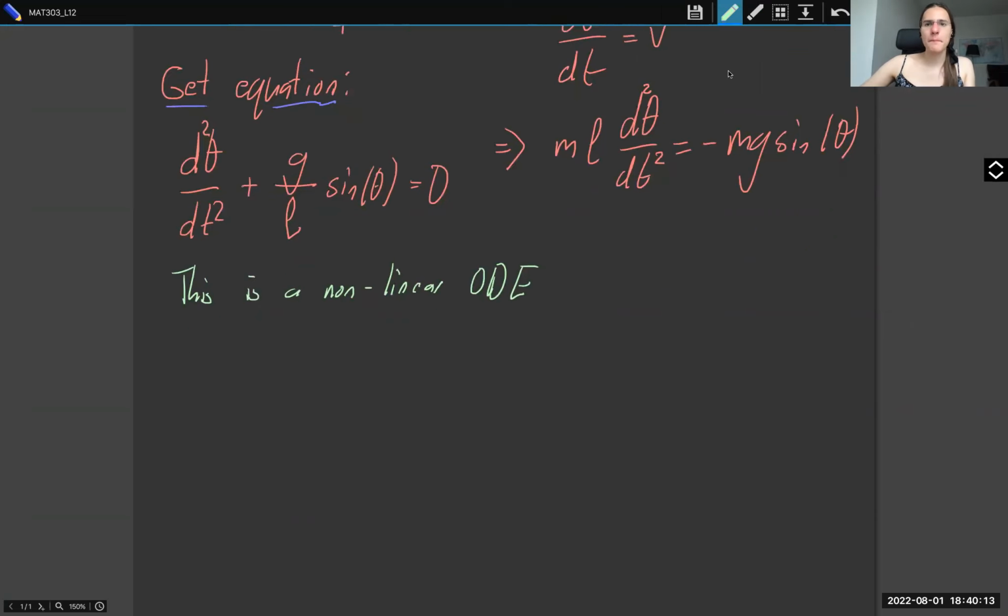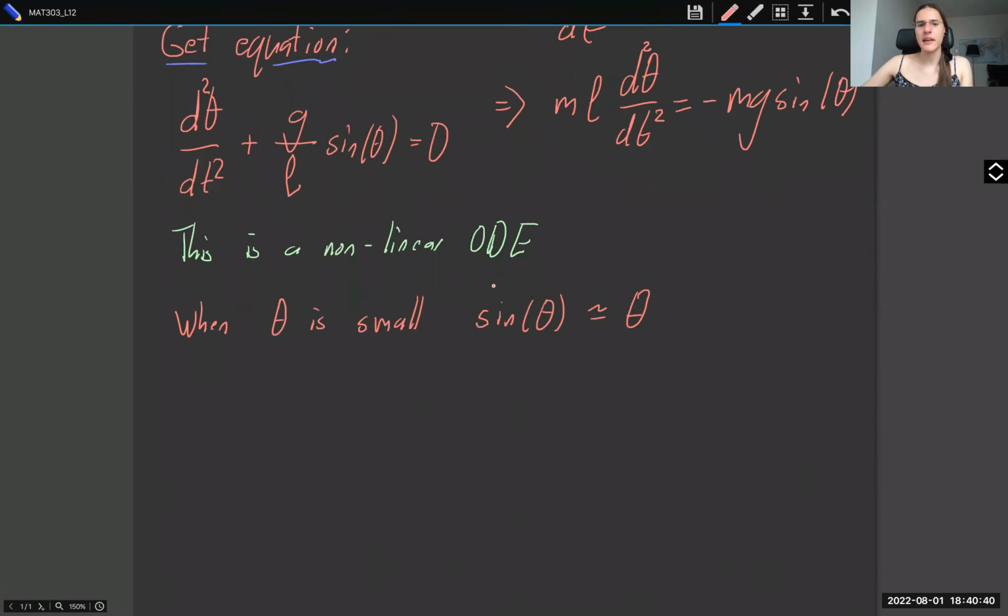But what happens is when theta is small, we do the engineering approximation of saying that sine of theta is approximately equal to theta, because that's the first term in the Taylor expansion. And then the next term is third order. So up to second order, it's correct to say that sine theta is theta. So the small angle approximation